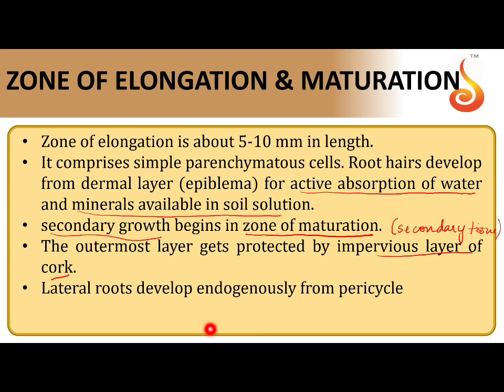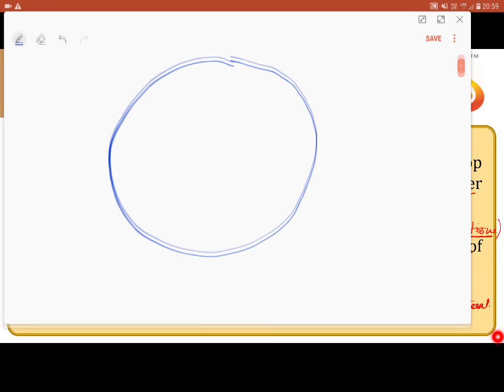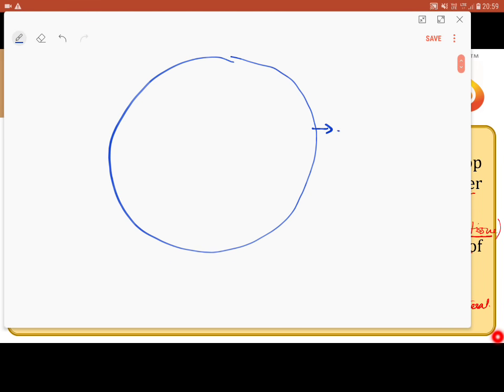So, that is because of the presence of the cork region, which comes due to the secondary growth and formation of secondary tissue. But the roots coming out of these roots from here as a side, as a lateral root, these lateral roots grow from the pericycle region. So, what is a pericycle region? Let us understand again from the cross section of a root. So, this is our cross section of the root. We have already understood that the outermost region is called the